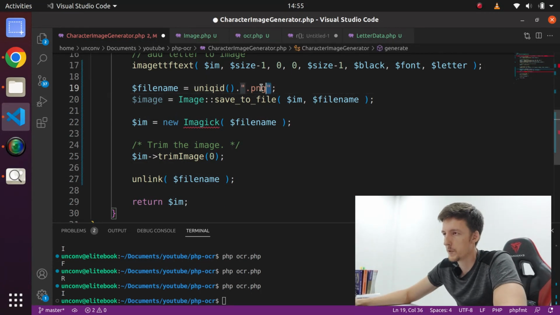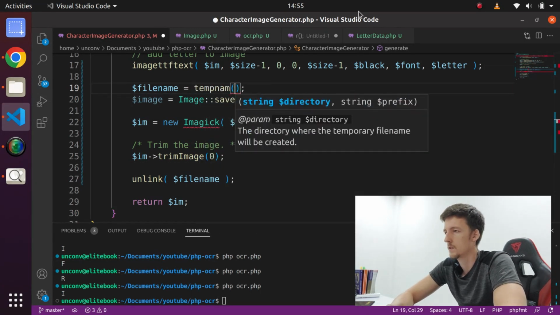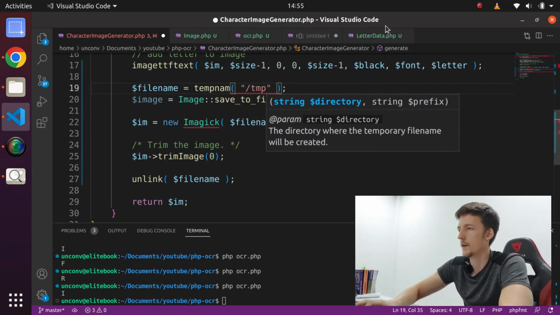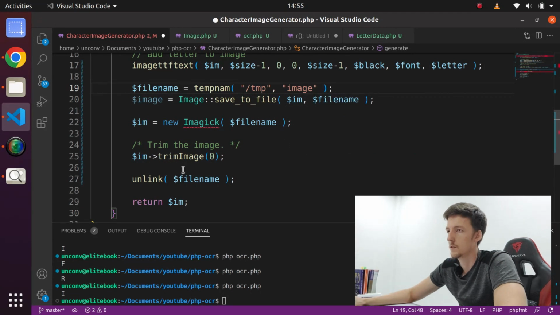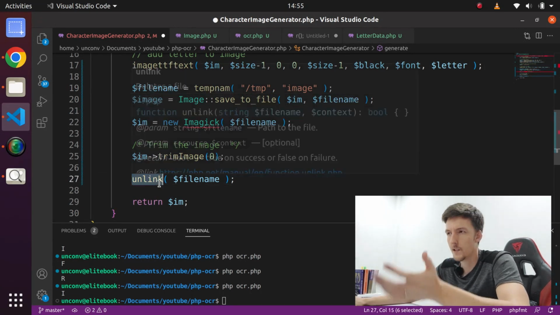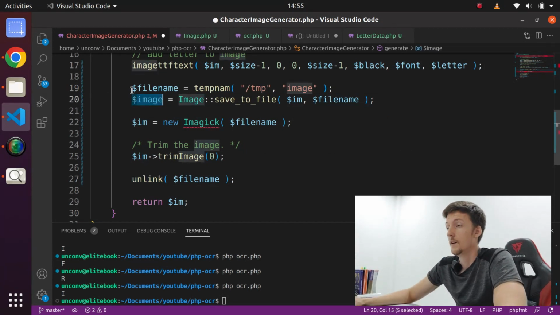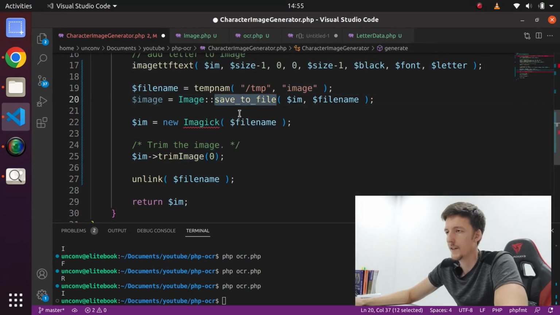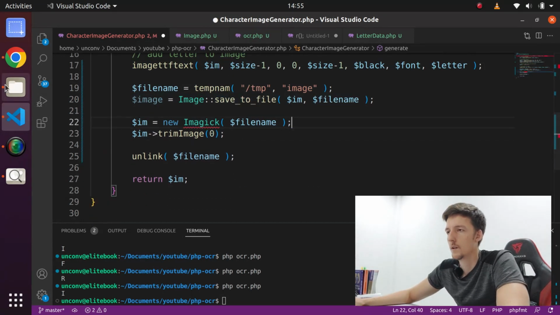I put in temp. Just put the temp name. Like this. And image. That's good. Then delete it. Do I have to delete it if I use the temp name? I don't know. I can delete it. Okay, so I'll save the image into a file. And then I will take the Imagick and I will trim the image. And then